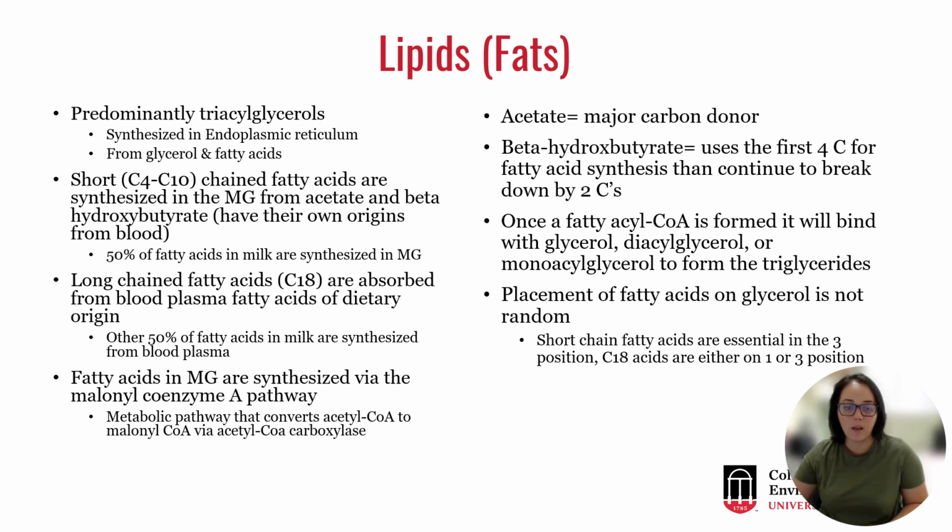And so when we think about acetate, it's one of the major carbon donors, but the beta-hydroxybutyrate uses the first 4 carbons of the fatty acid synthesis, but then will only continue to break off 2 carbons as it breaks down to synthesize those short chain